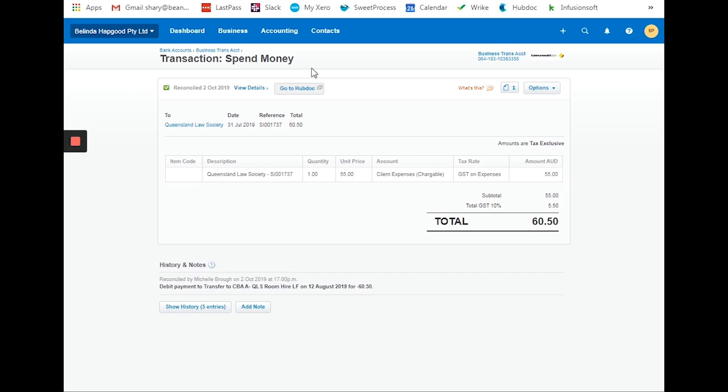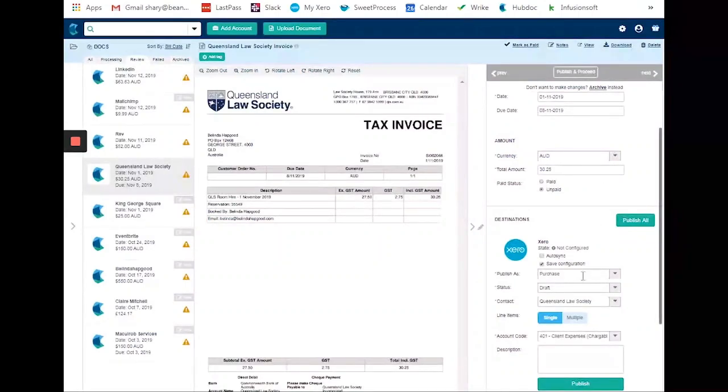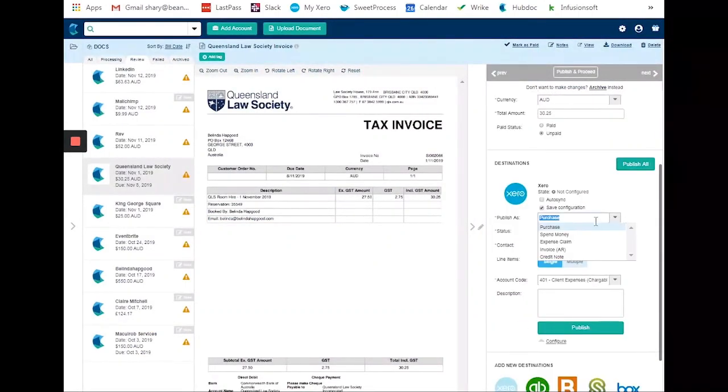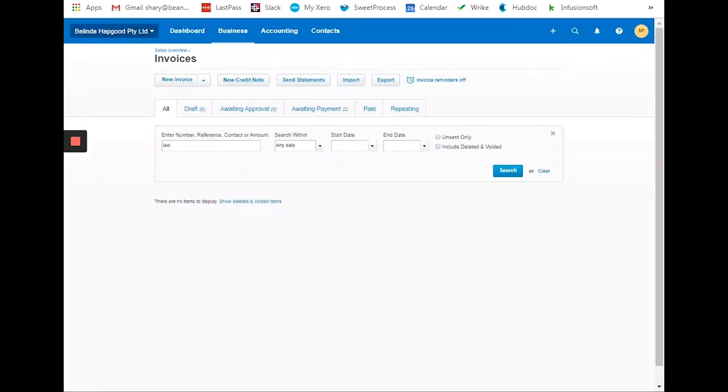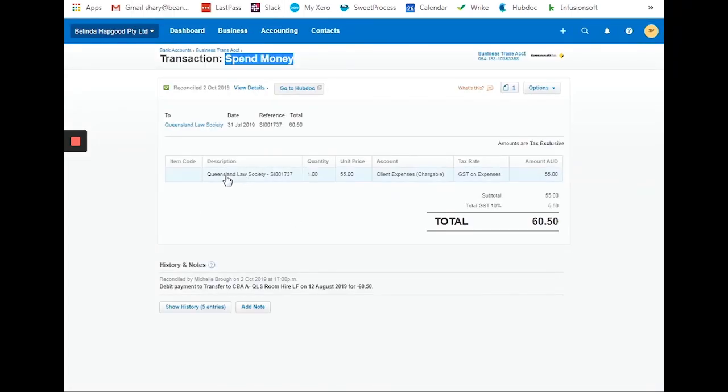Since it's a spend money entry, we could also choose spend money entry instead of purchase.